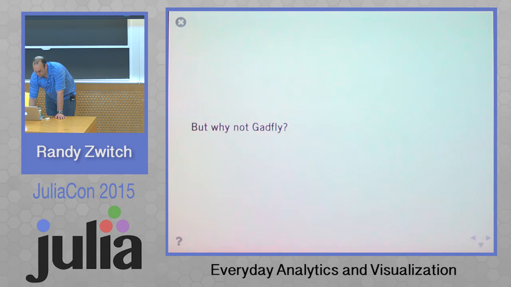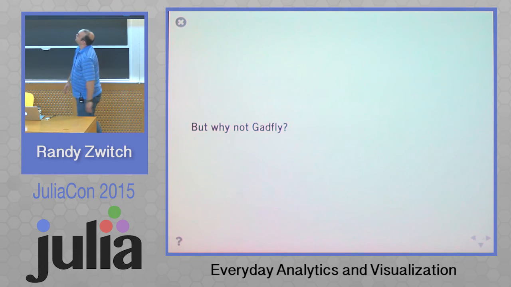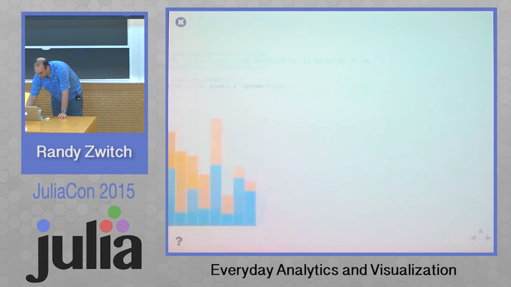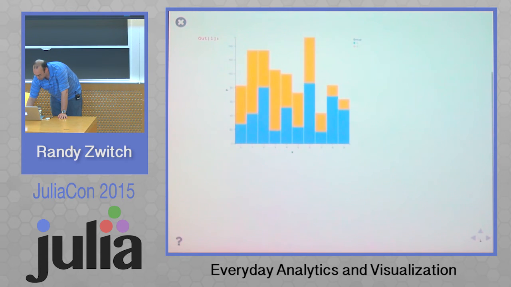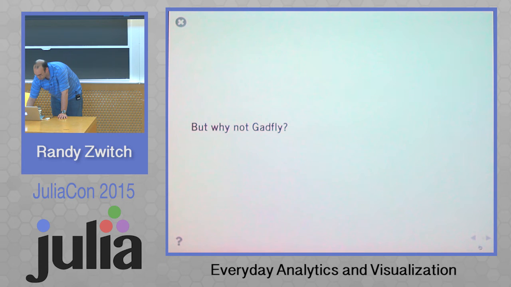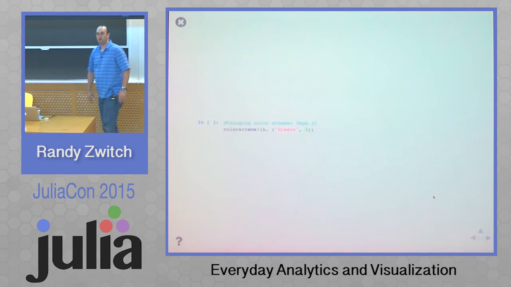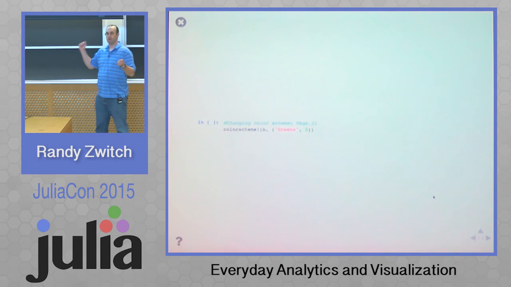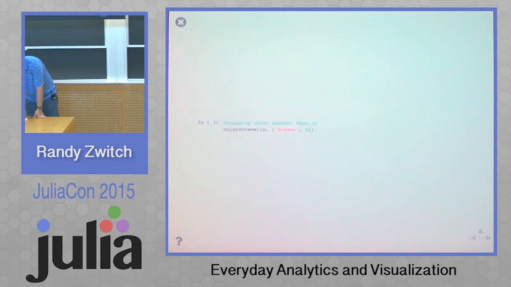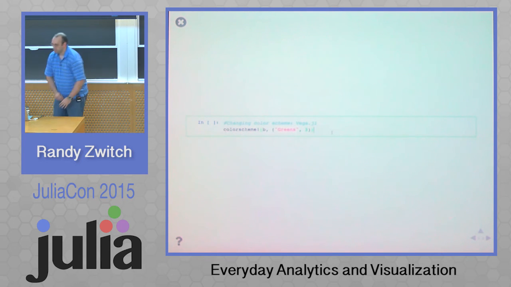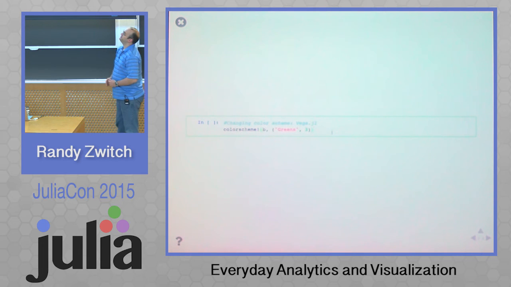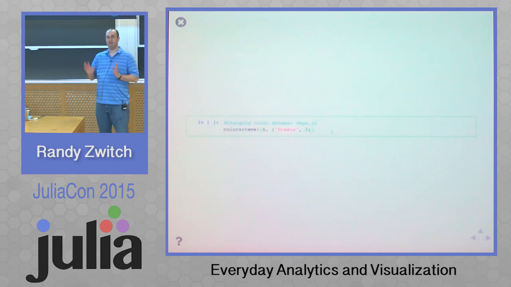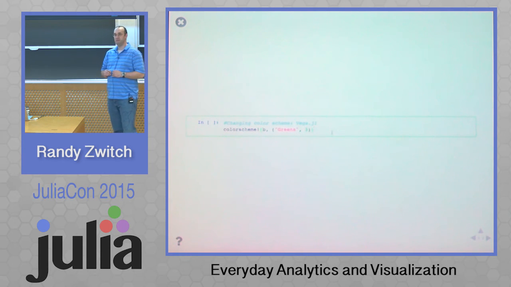So, okay, why not do it in Gadfly, right? We could try and do the same sort of thing. Okay, so why not use Gadfly? Well, what if we want to change the colors? You don't like blue, you don't like orange, then what? So for Vega, what I've done is you define the object one time and then you mutate it. We already have a bar plot that I've labeled B. And now we say, well, you know what? I don't like the default colors.